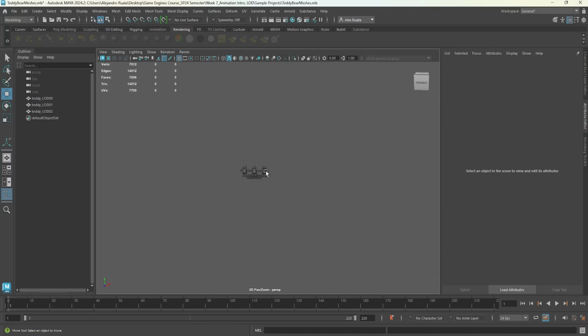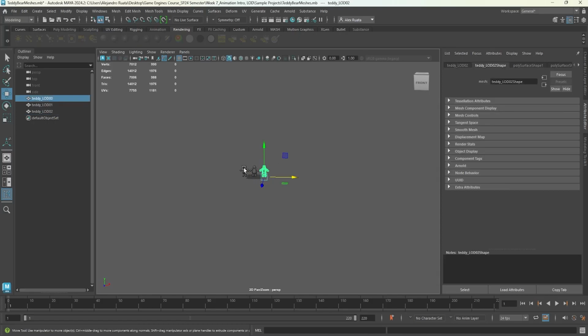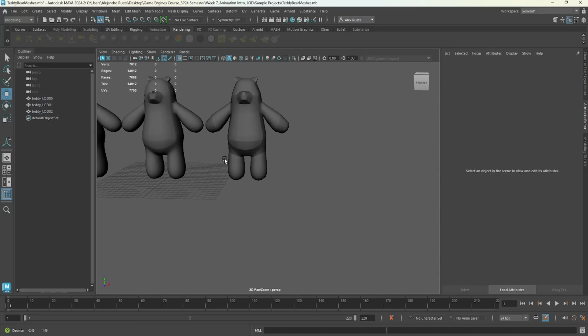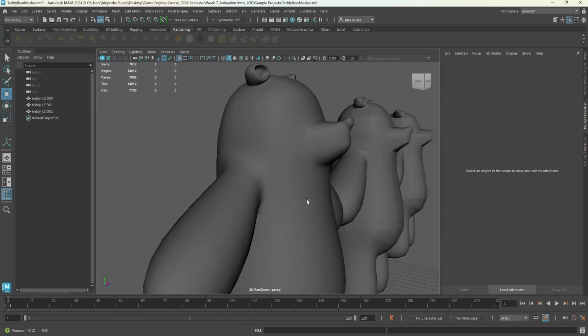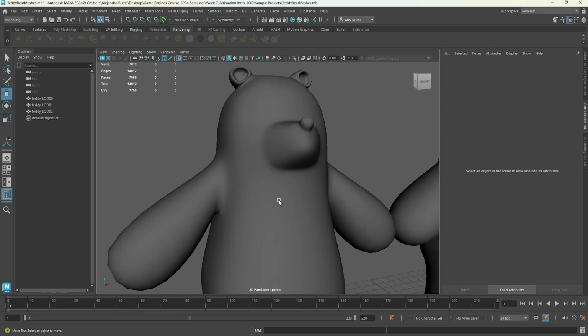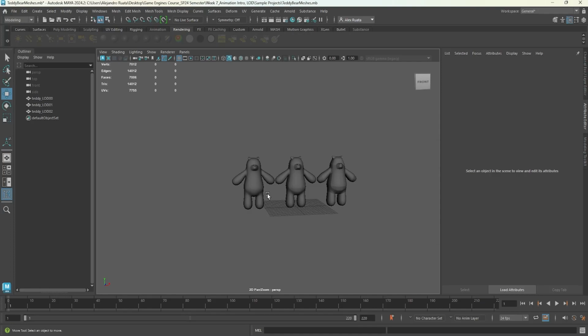So it's okay that this one has so much fewer faces than this one, and when you're close up, you can just use the high poly one because this is the best looking one overall. So that's the automated way of reducing your poly count. The quick, easy, dirty,